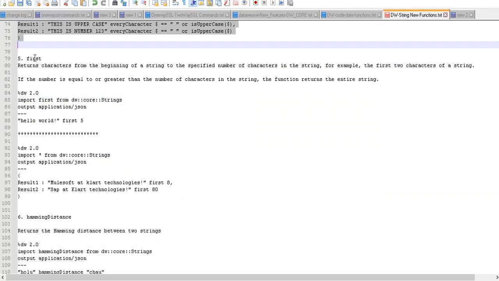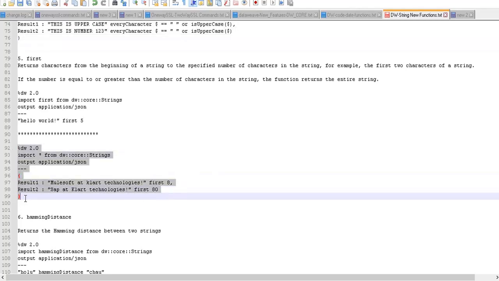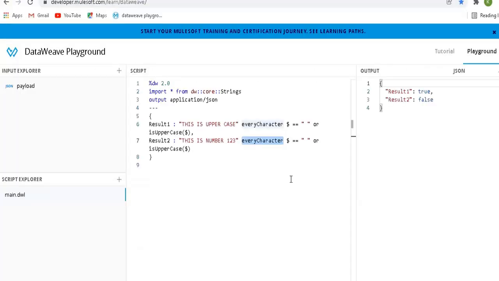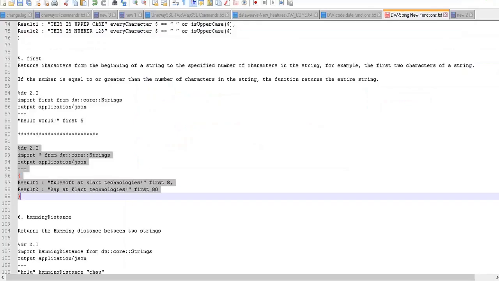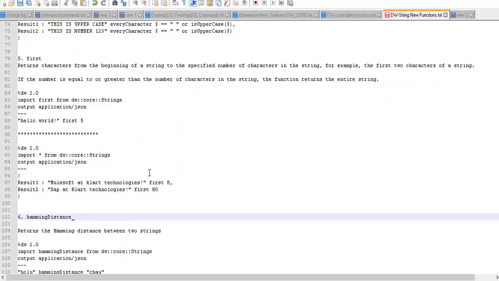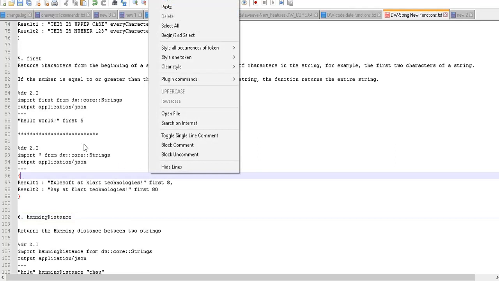The next one is first. It will return the first characters, the first number of characters you specify. It takes the length, and writes how many characters you want from the start of the string. Let me copy this.